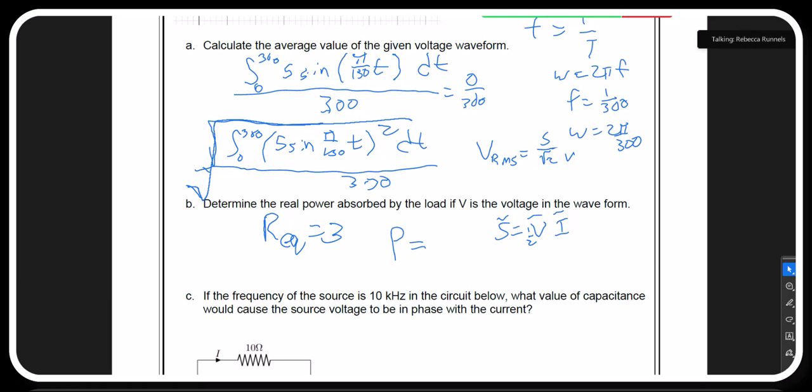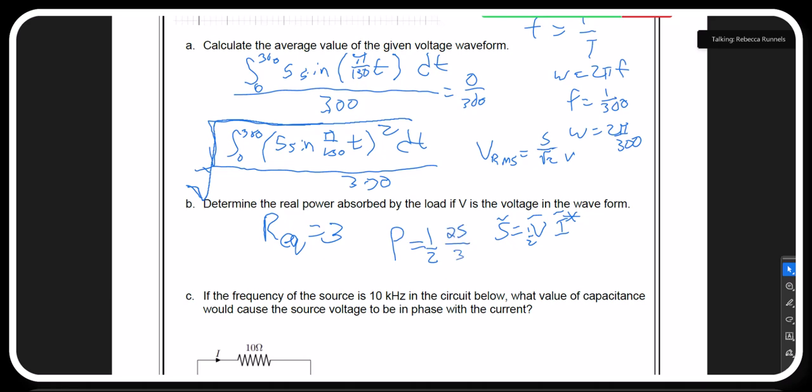But our impedance is all real, so can't we just say that it's 1/2 magnitude of V squared over R? Why is it 1/2? Oh, yeah, if I use the RMS, I don't use 1/2, but if I don't use the RMS, I do use 1/2. So 1/2